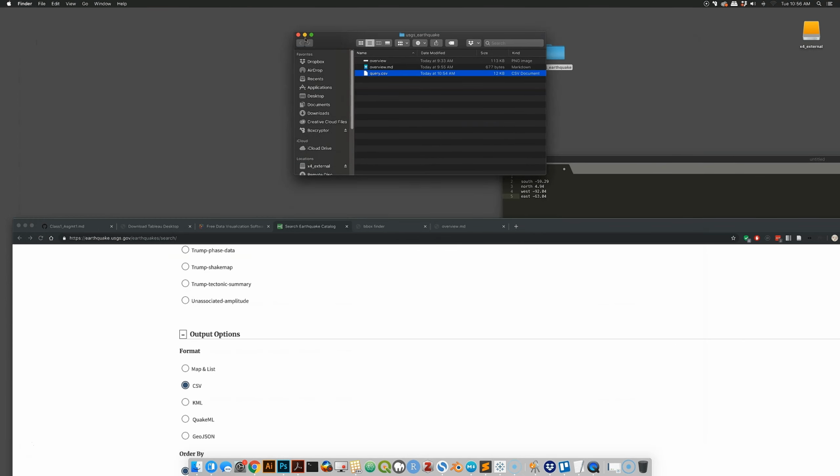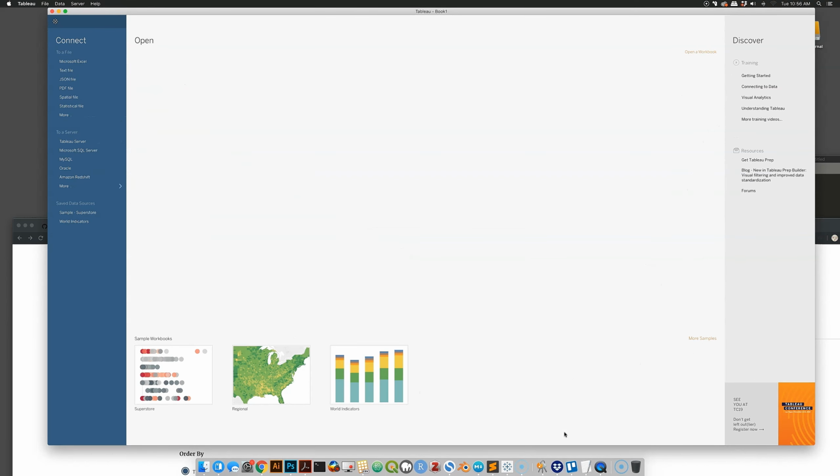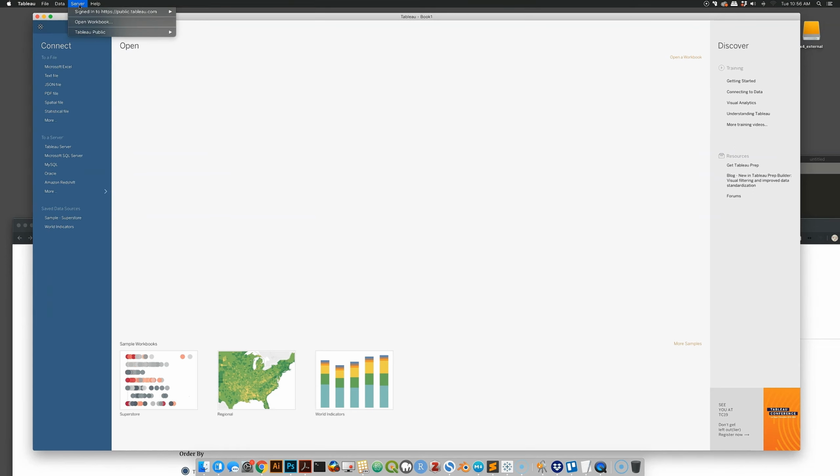Okay, so that's our data. I'm just going to go ahead and open up Tableau Desktop now. So this is what it looks like when you open it up. Depending on what you're doing and how far you've worked along, you may have some workbooks that show up here where it says open. I'm just starting from fresh right now, so I don't. And under Tableau, we can see that we don't have a lot under the main